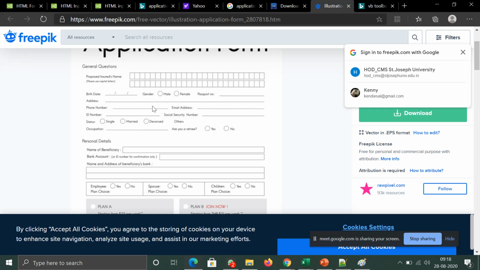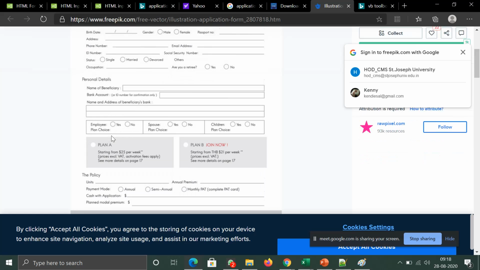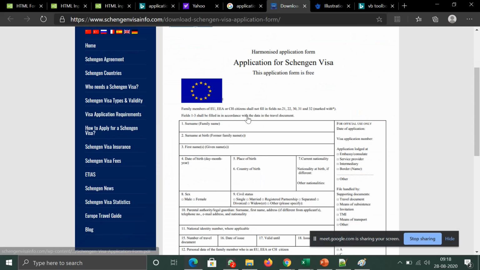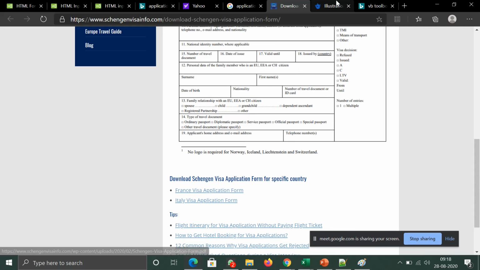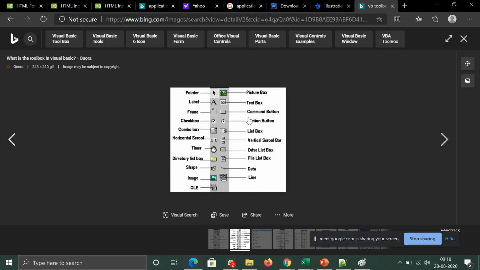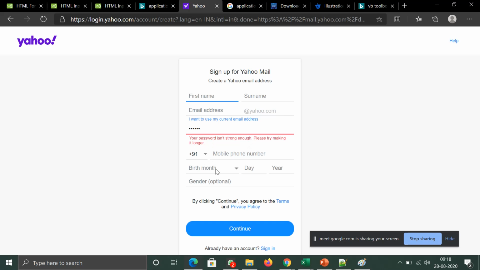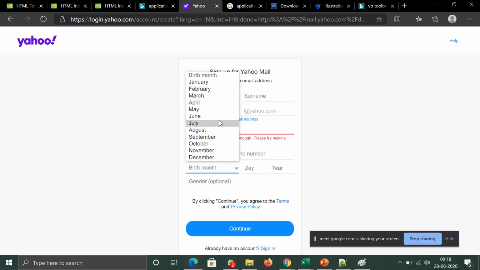For example, you want the person to give jobs worked previously, and you have given government, private, teacher, and 4 or 5 options. The person may have 2 or 3 options there. In that case, you give them a checkbox. So checkbox is the multi-entry option, while option button is for one. These 2 are for limited data. Combo box and list box are for when you have multiple data. Like for example, you can't have 12 boxes.